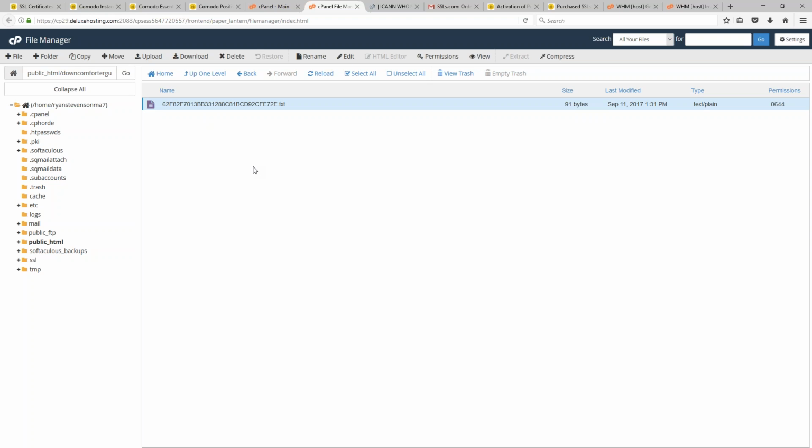You wouldn't be able to upload a file to a very specific directory of a website unless you are actually the owner or have access to that website. So this is how they validate your domain name before issuing